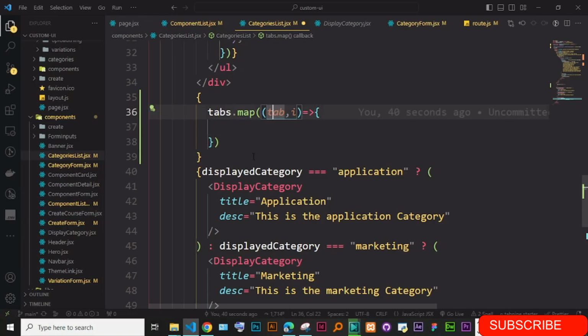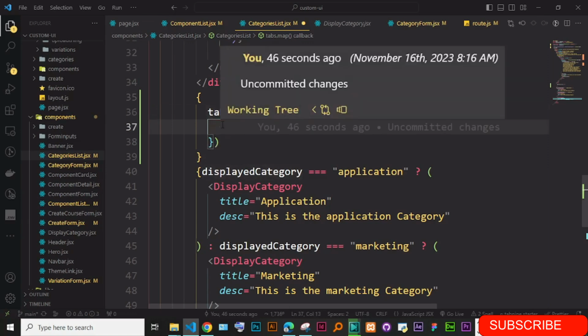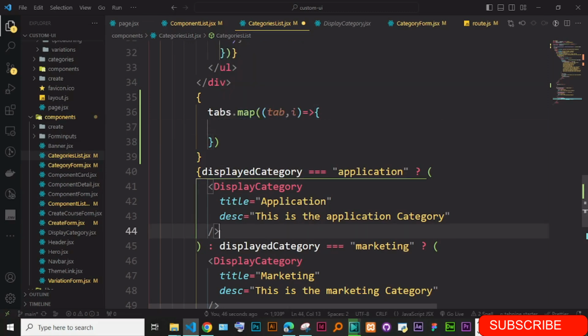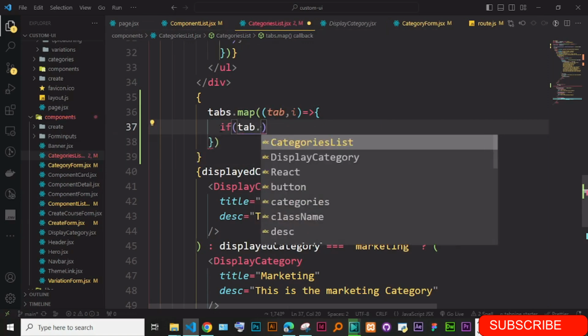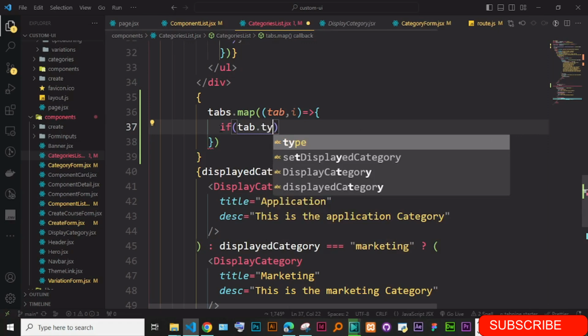So we have tab and index, and we can check if the displayed tab is equal to tab.form. If we just put this condition, just say if tab dot, so here we are having tab dot type. If tab dot type,